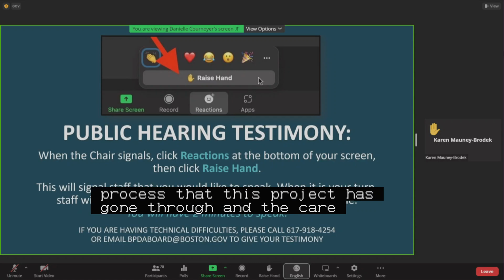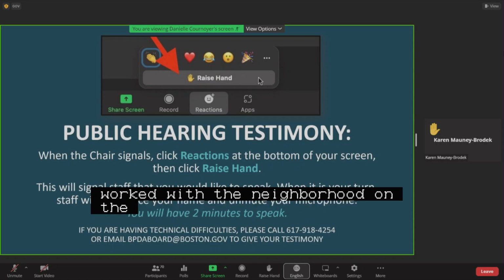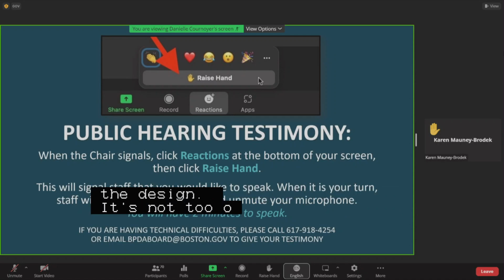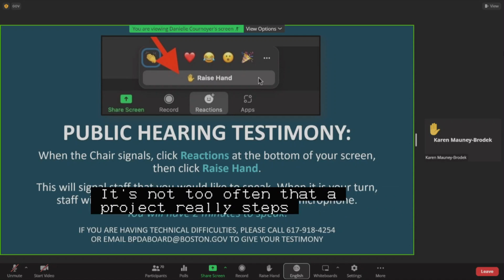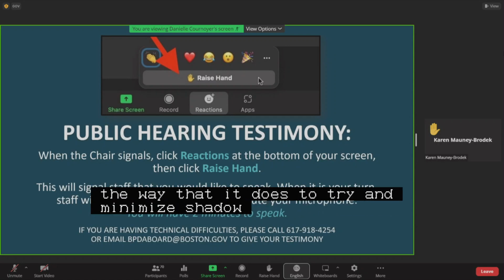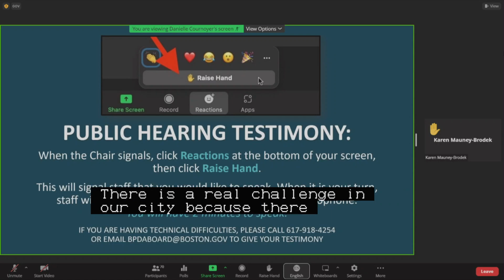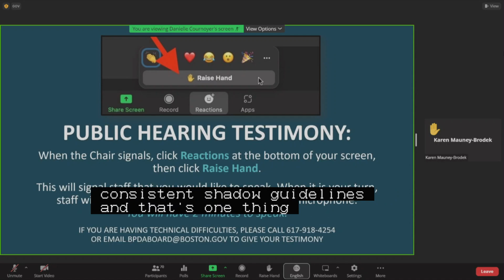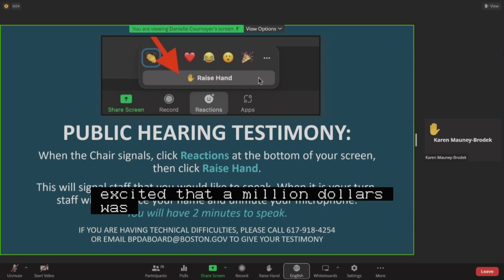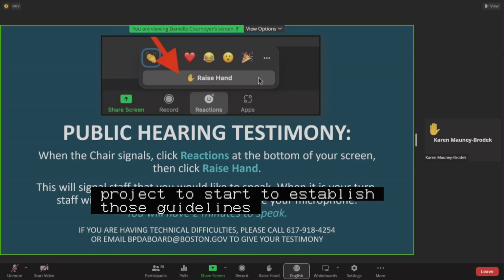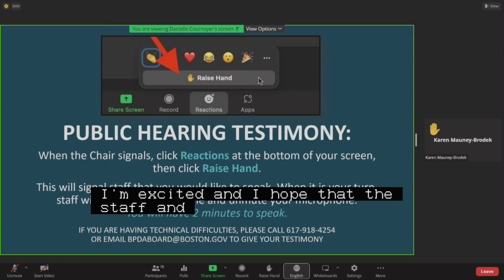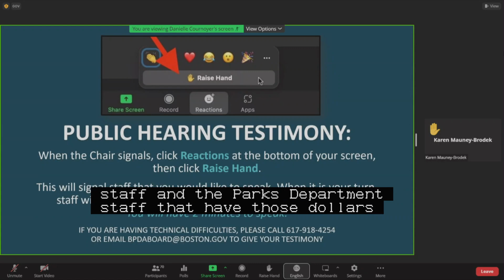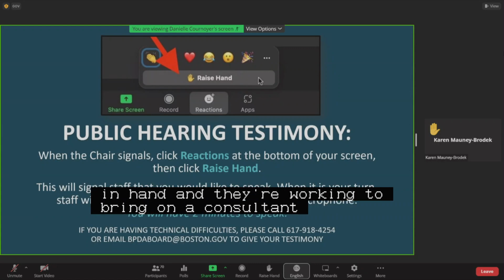It's not too often that a project really steps back in the way that it does to try and minimize shadow. There is a real challenge in our city because there are not consistent shadow guidelines, and that's one thing that I'm excited that $1 million was identified in a previous project to start to establish those guidelines. I'm excited, and I hope that the BPDA staff and the Parks Department staff that have those dollars in hand and they are working to bring on a consultant will help to start to make some of these guidelines and